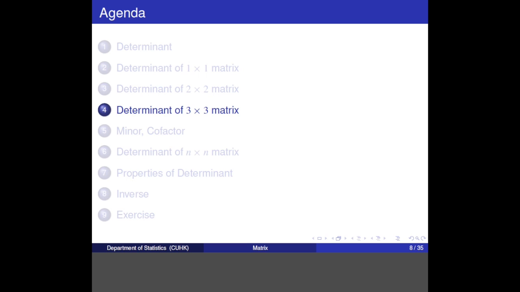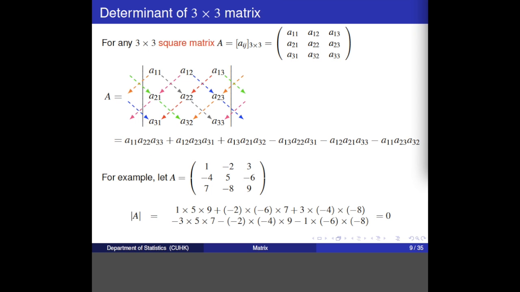Determinant of 3 times 3 matrix. For any 3 times 3 matrix A, here, the determinant of A is equal to this formula. We can remember this formula easily. Look at here. The formula is equal to A1 1 times A2 2 times A3 3 plus A1 2 times